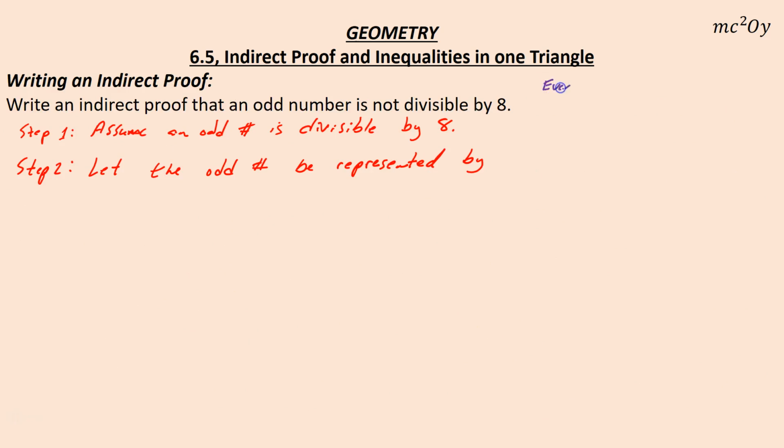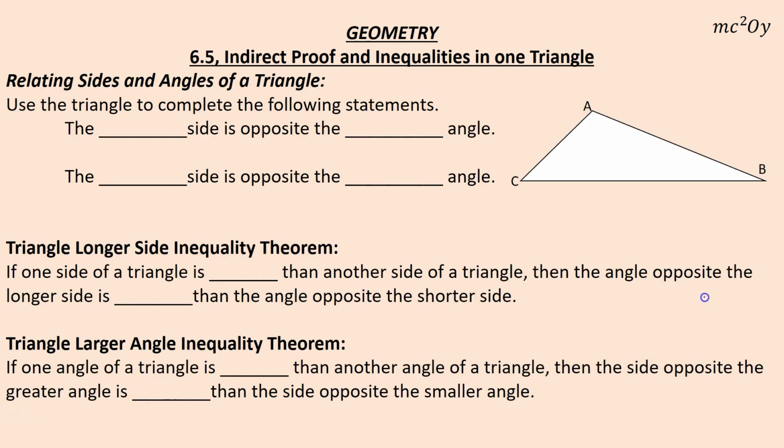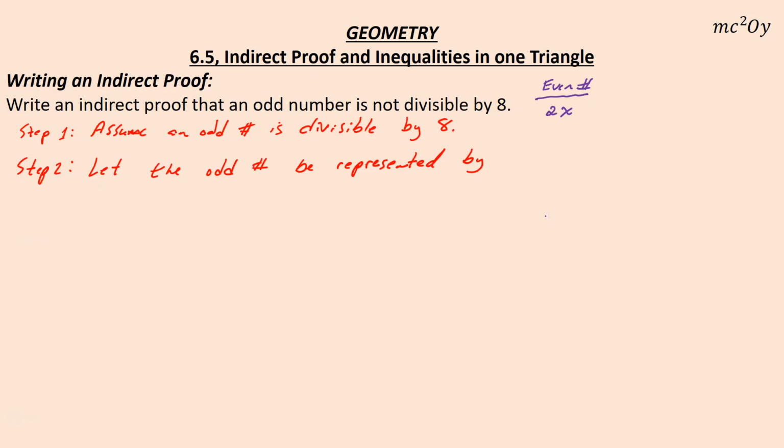Okay, an even number is 2, 4, 6, 8, so anything that is multiplied by 2. So if I say x, well, multiply x. If x is 1, I double it, I get 2. If x is 2 and I double it, I get 4. If x is 3 and I double it, I get 6. So any number multiplied by 2 is an even number. Okay? Well, then an odd number,